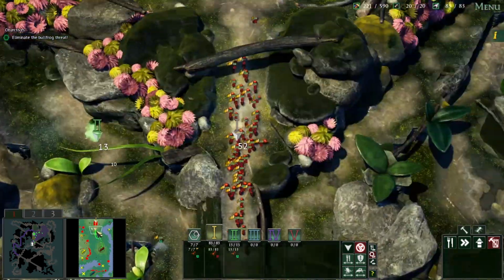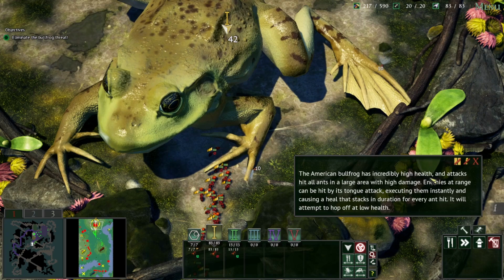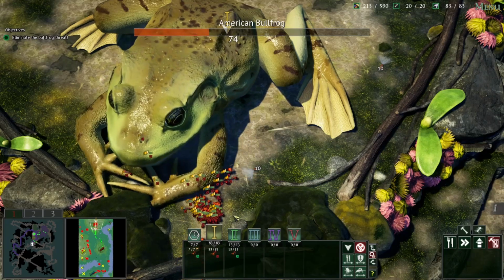It's not a frog, it's a toad. Oh, it's got a big old tongue. The fire ants. Right, American bullfrog. Oh, it is a bullfrog. Hit all ants, large area, high damage. It can hit with range. I don't have range. Fire ants have mounted their first attack upon the great American bullfrog,